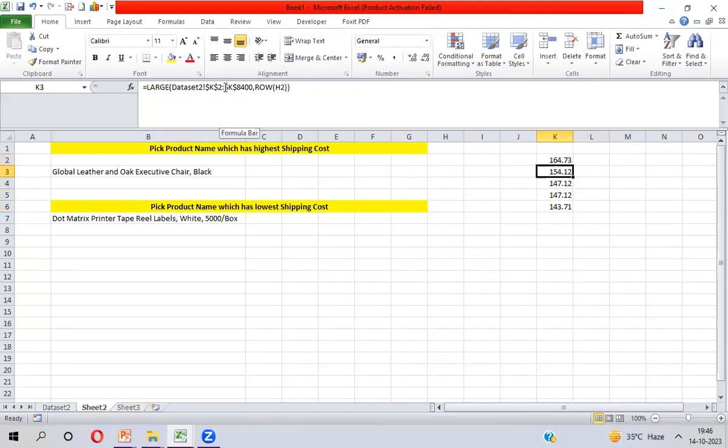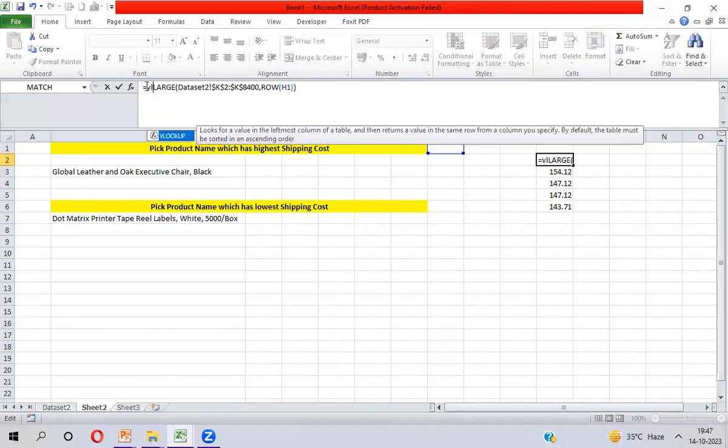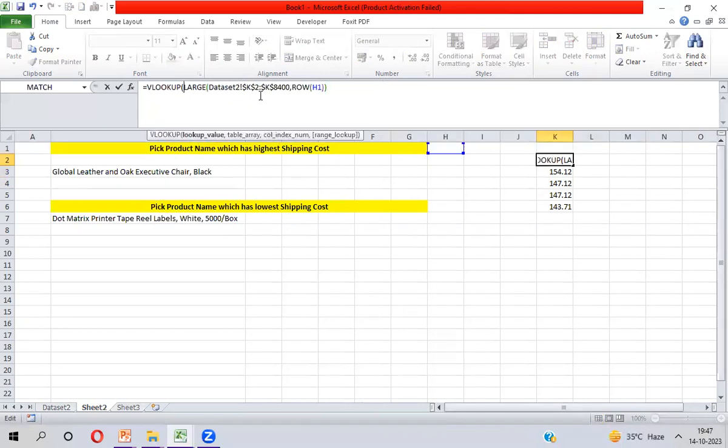You are getting second shipping cost, third shipping cost, fourth shipping cost, fifth shipping cost. Now you have to pick the product name. You have to take lookup value, this product cost. Okay. So now here I will discuss VLOOKUP with large function. Here I have taken the large function as a lookup value to pick the highest shipping cost, comma, then